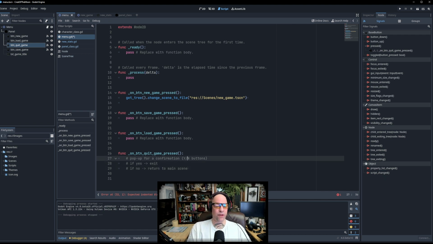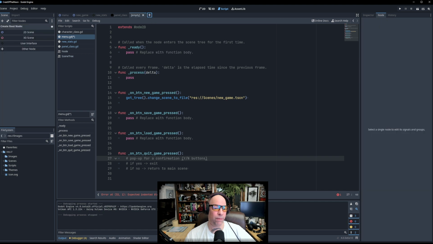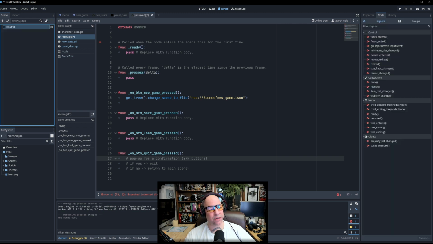Simple. All right, let's start with activation. I don't know how to do a pop-up, but I'm assuming the pop-up would have to be a separate scene. So let's start with that. So I'm going to go to here. I'm assuming it has to be a second scene. I learned yesterday too that we can choose user interface if it's a UI instead of a 2D scene when we're not really doing 2D. So that was kind of cool to understand. I think it almost works the same way, but I'm going to call this exit game prompt,